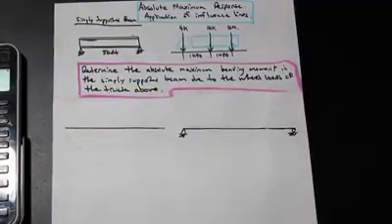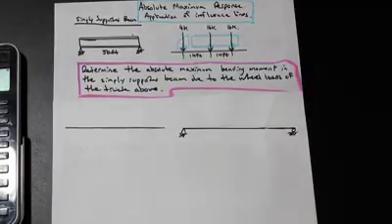I'm going to do a quick problem for you on the application of influence lines, namely the absolute maximum response. In this question we have a beam, it's a plate girder, it looks like a bridge, it's about 50 feet long, and we have a truck passing over it, and it contains a series of concentrated loads in the form of wheels, and one of the wheels is 4 kip and the other 2 are 16. We're asked to determine the absolute maximum bending moment in the simply supported beam due to the wheel loads of